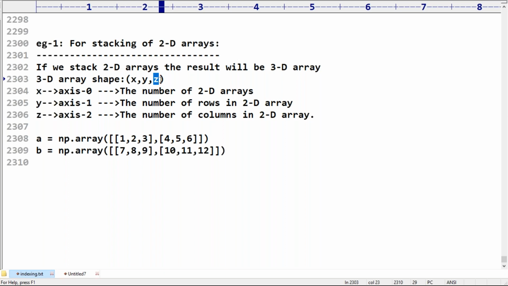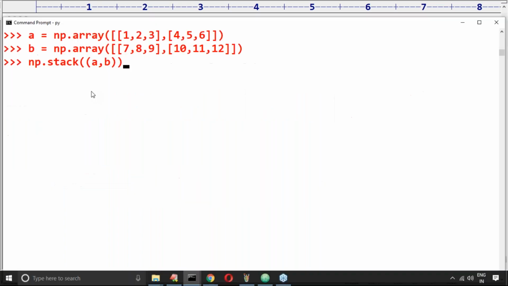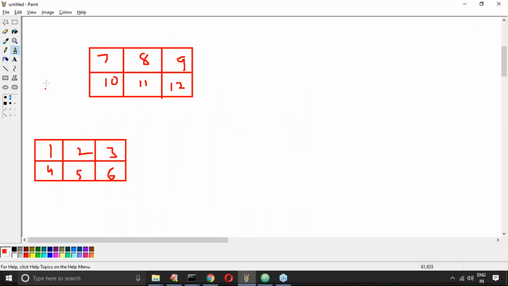Okay. Now, what will happen in this case is, can you please stack along axis 0? That means each 2D array, one by one, can you please stack? Please take this as the first one, this as the second one, and on top of this, take this. With these two, a 3D array is going to be formed by default. Have you observed? In the three-dimensional array, the first two-dimensional array is this one, and the next two-dimensional array is this one.